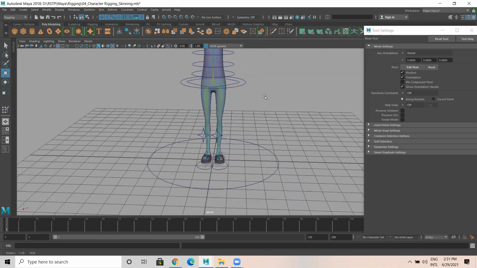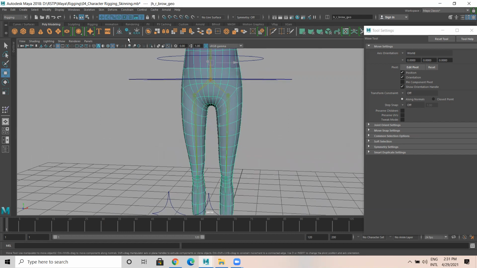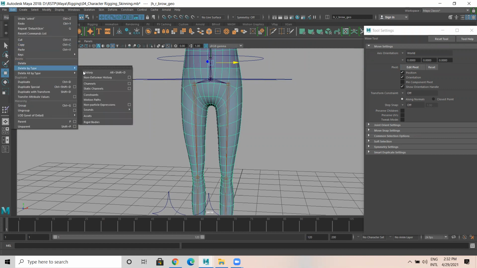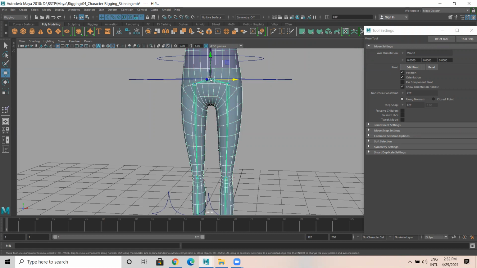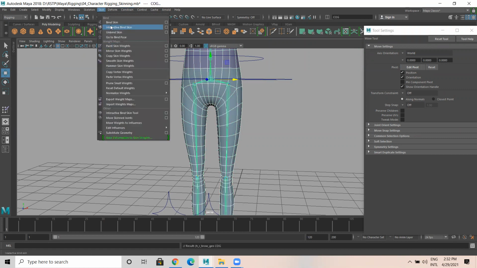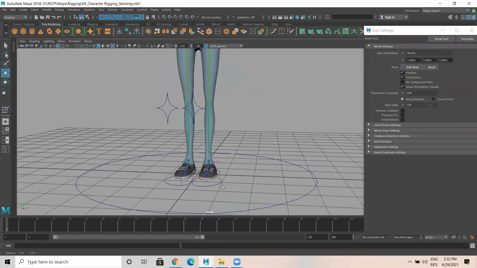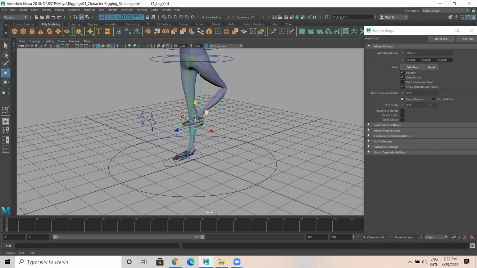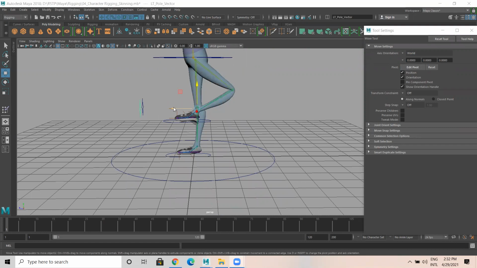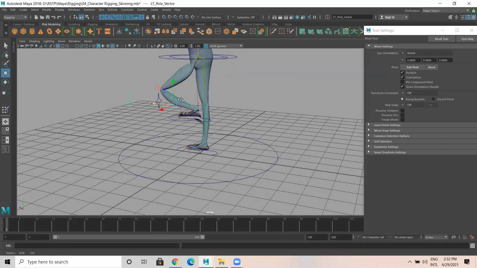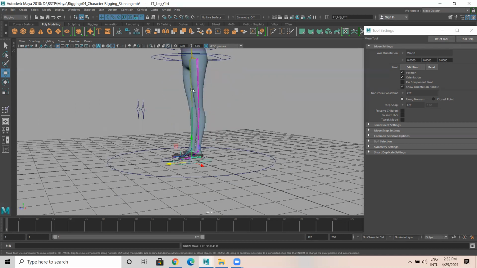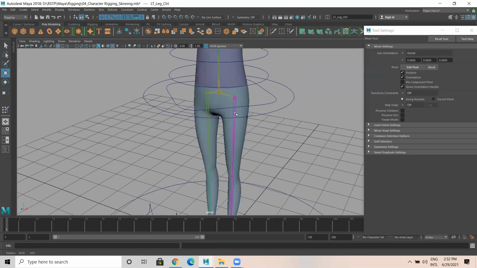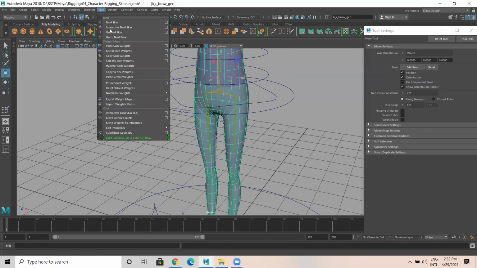That's the problem with character. Edit, skin, select this and this, D. Skin, unbind skin.